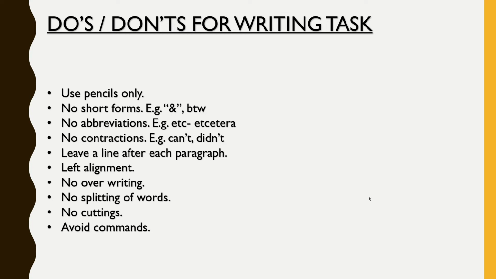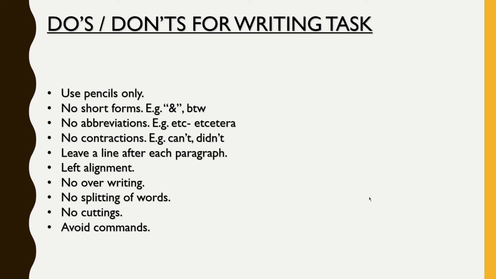The next one is not to overwrite. Usually it is seen that to save our time, we don't erase or rub and rewrite. What we do is we overwrite. I'll take an example, because most of the students ask me, ma'am, what is overwriting? Suppose a word is ending with the letter S, but by mistake I have written E. I do not erase the E and write S, rather I just overwrite S on E. So this is called overwriting. This pattern is not followed in IELTS. We'll be erasing it and rewriting again.